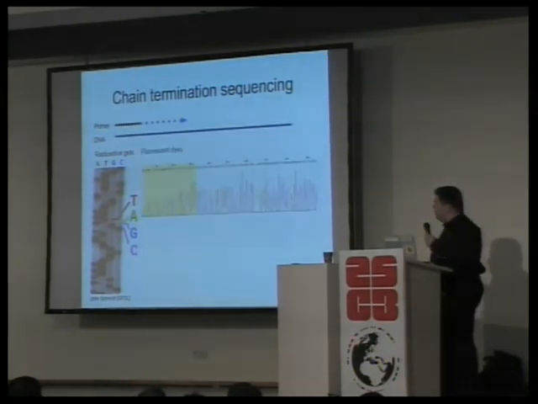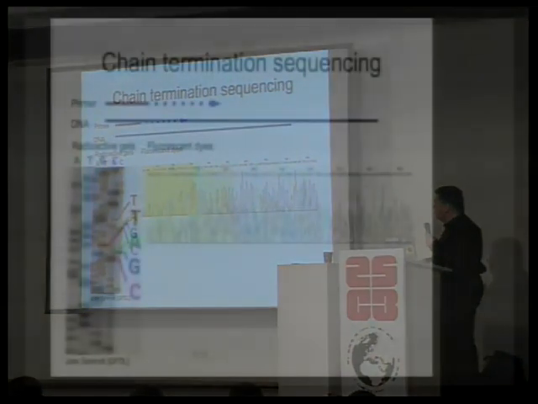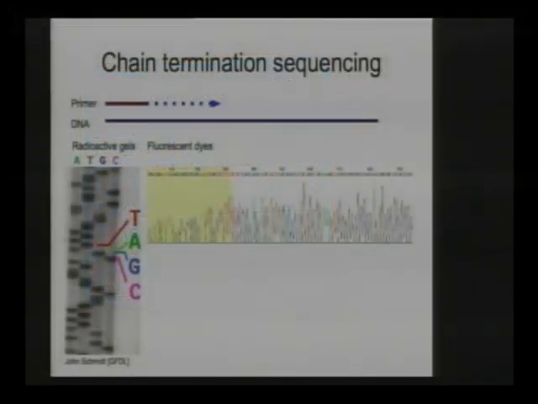But then they replaced the radioactive parts with fluorescent dyes, and this is basically what most of the sequencing was done with till last year, or beginning of this year actually, and this is still done like this.